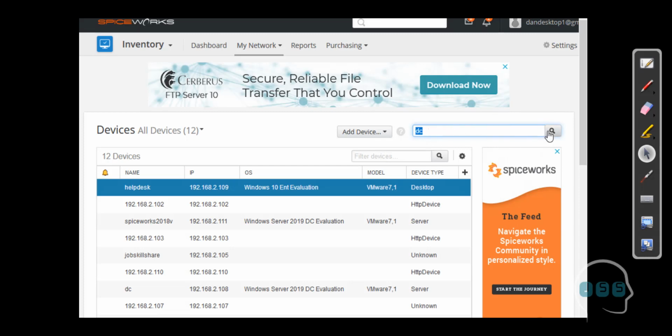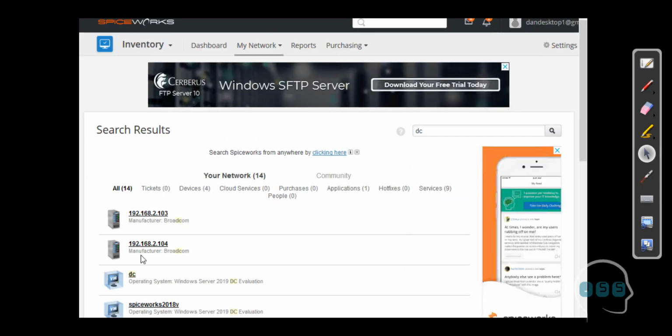But let's say if I search DC here, then that should give me that domain controller or anything with the DC option. So right now this is what I was looking for, but you can see the search is pretty powerful too. It will search everything in here. Okay, so that's kind of like a lot of